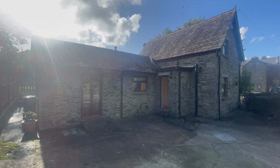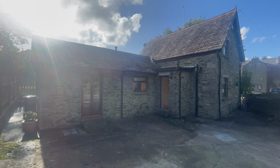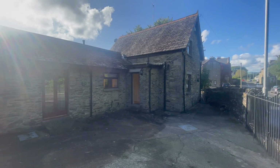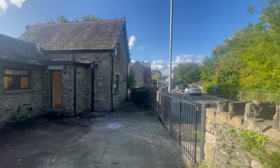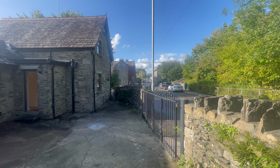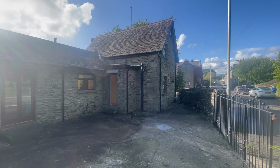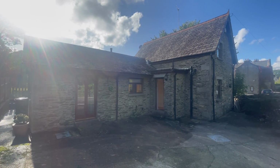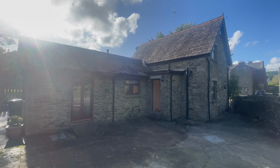We're here on a nice sunny afternoon, in the village of Burneside, which is just about 3 miles outside of Kendal. I just turned my camera there. You can see we're on a quiet road just right by the station in Burneside, and we've got a nice detached stone-built property which has just come available for rent, and we're going to take